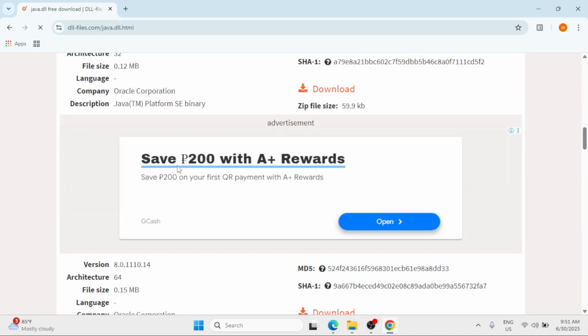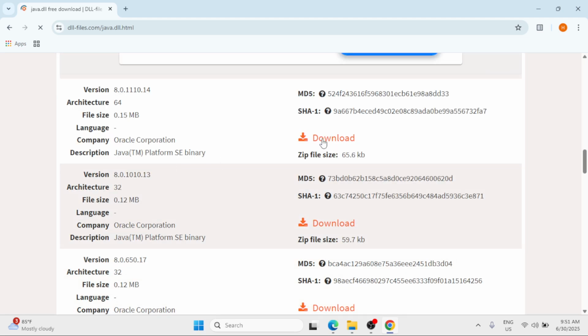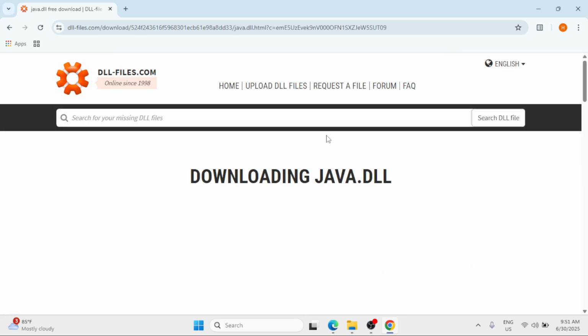Click on the first option, scroll down and simply click the download link or download button corresponding to your system type, and that will be downloading the DLL file. So simply wait for that.